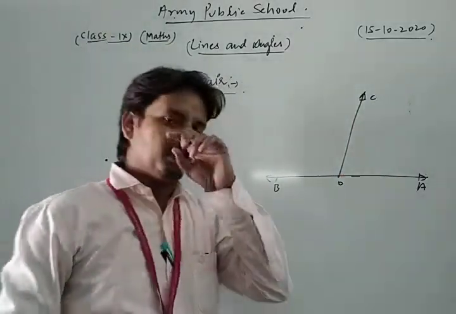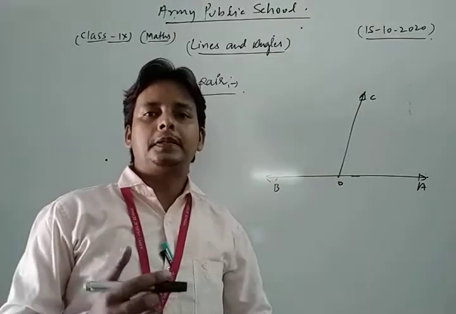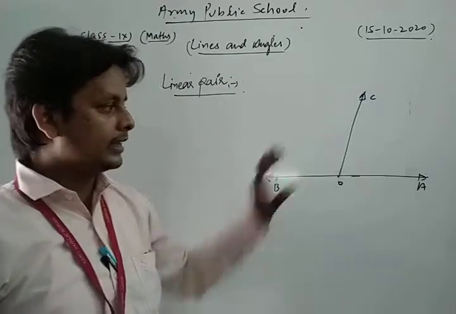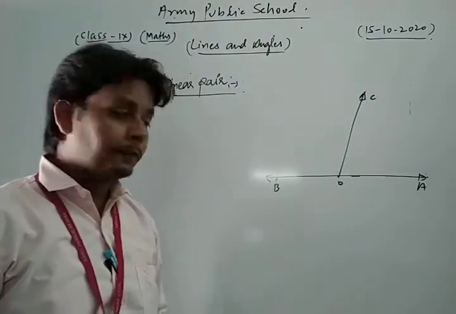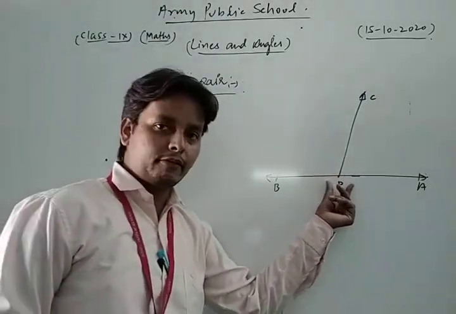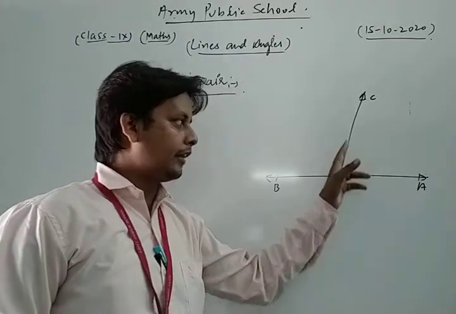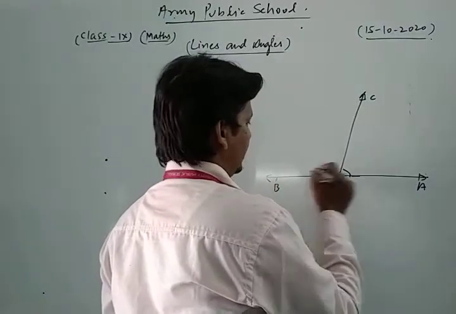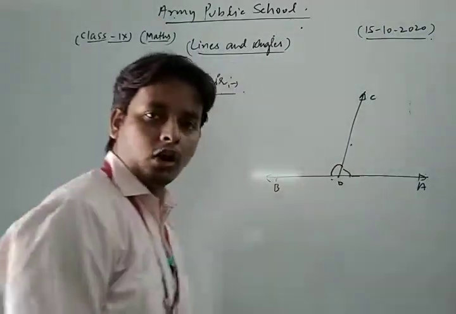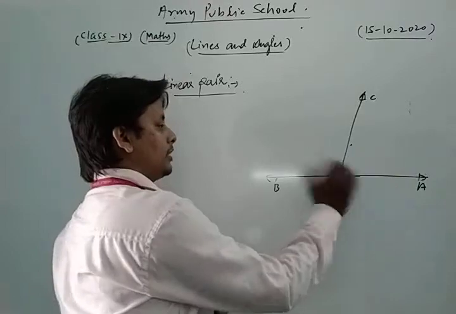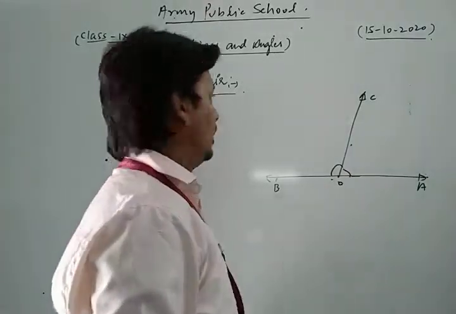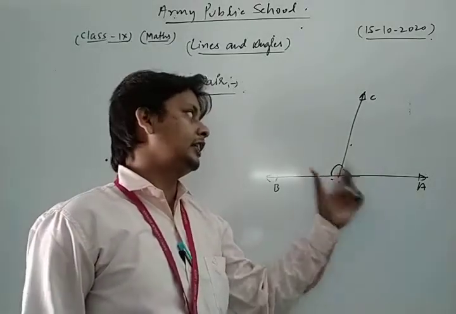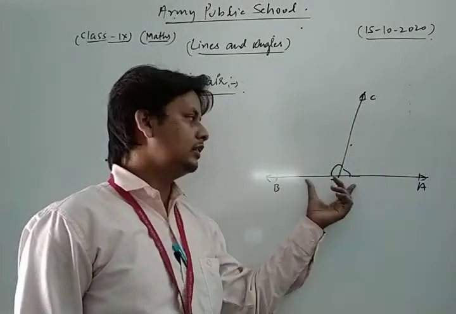Now look, a linear pair is a special type of adjacent angles. These are adjacent angles because they have the same vertex and the common arm. Both angles, angle AOC and angle BOC, have the common arm, and the non-common arms are on both sides of the common arm. But in a linear pair, the adjacent angles AOC and BOC are found...